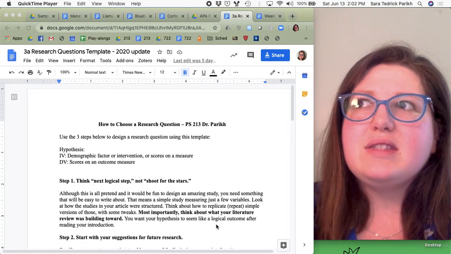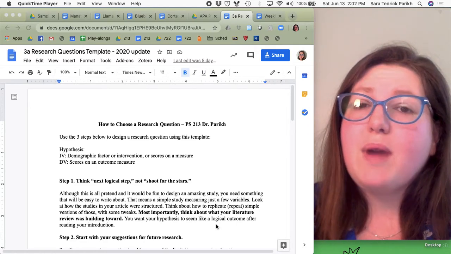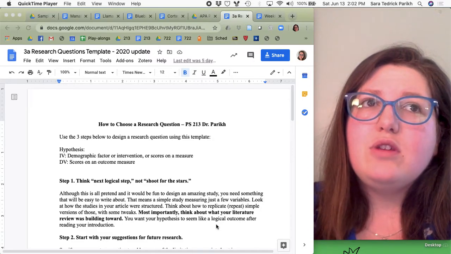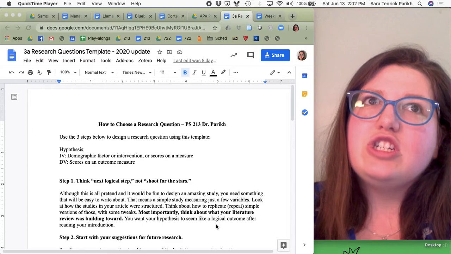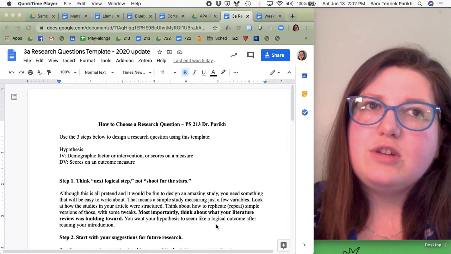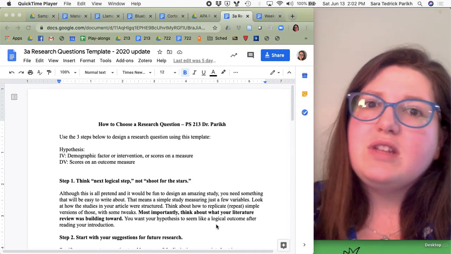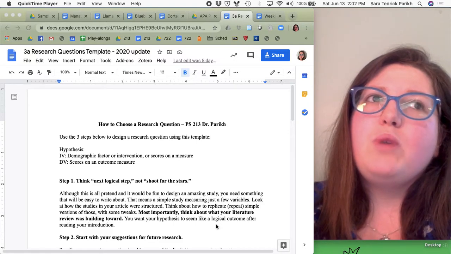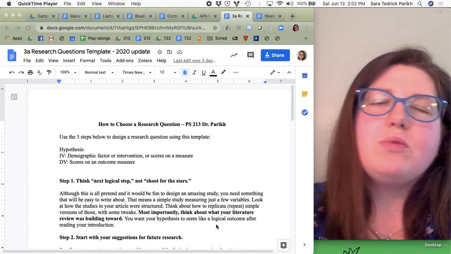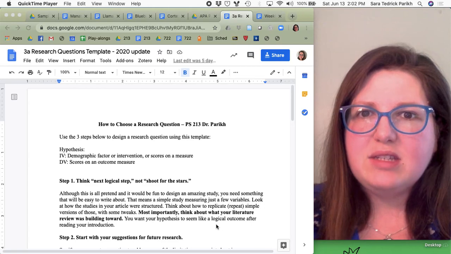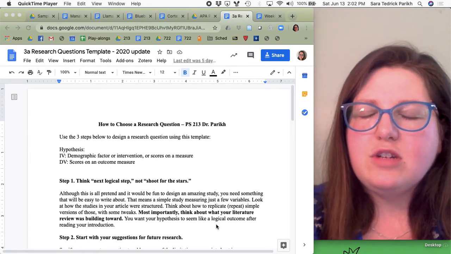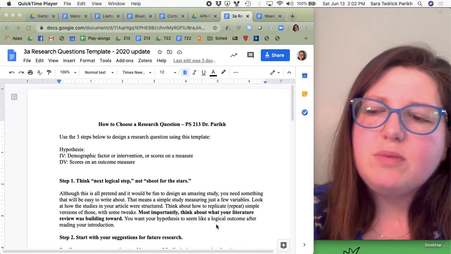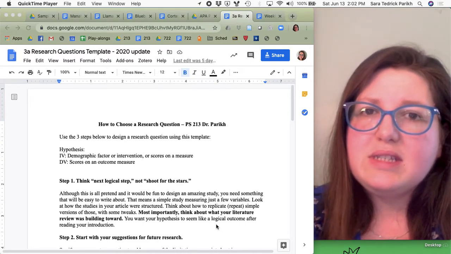But I've realized that it really let me focus more on the writing piece, which is how do you structure a literature review or an introduction in a way that logically leads to a research question. Because when we were focused on the methods part, I would just say, okay, we're just going to pretend that it makes sense. We're not going to contort too hard. You don't have to rewrite your whole introduction. Here, I'm still going to say you don't need to rewrite your whole introduction, but I am going to say